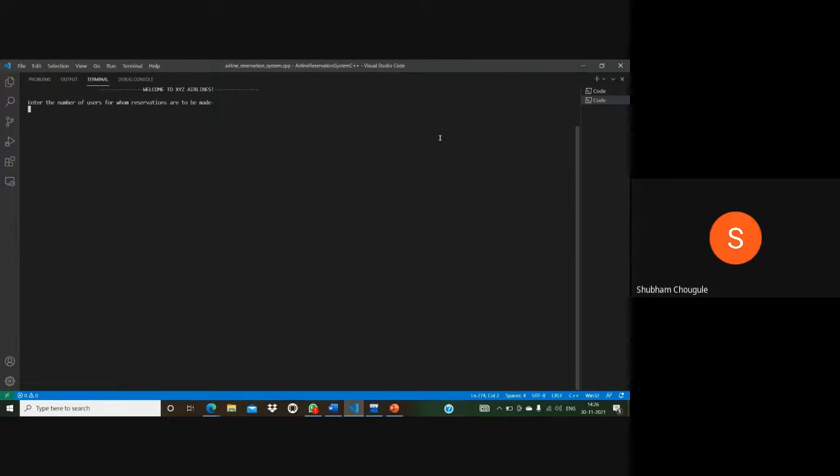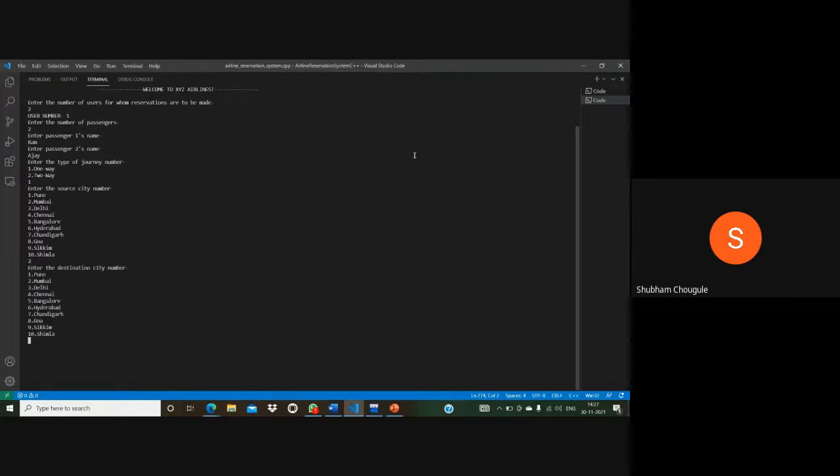So here we want two users for the flight. The first name is Ram, and the second name is Ajay. I want these two to have a one-way journey. The source city will be Mumbai to, let's say, Bangalore.